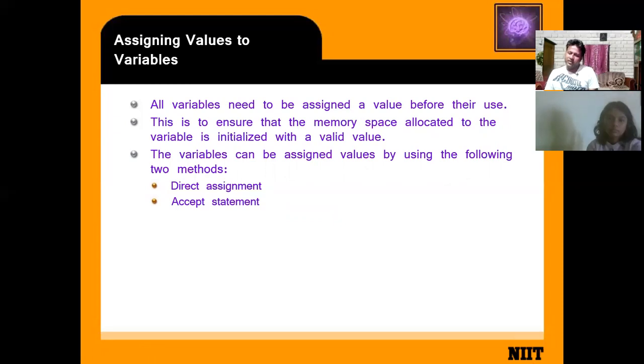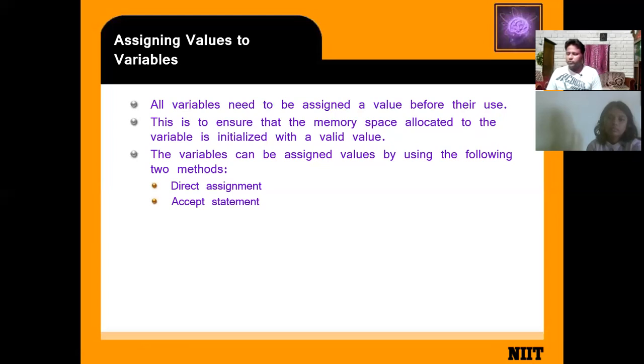A variable can be assigned a value by using the following two methods: one is direct assignment, another is the accept statement. So after defining a variable, you have to initialize the value.